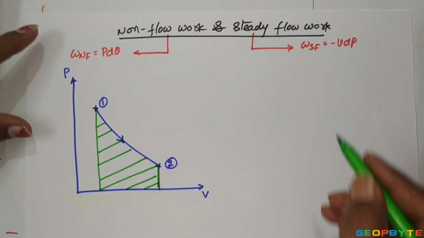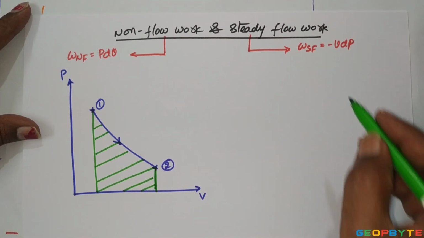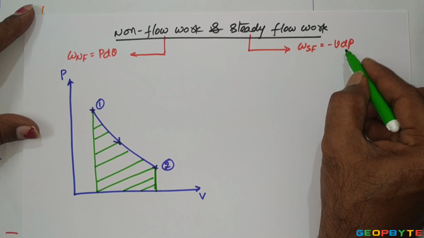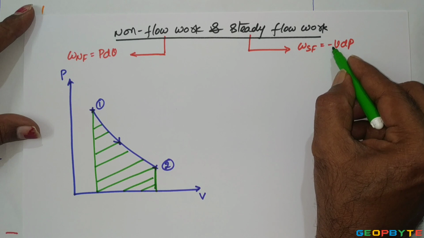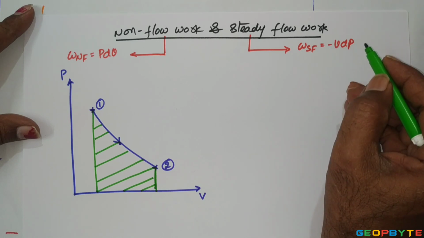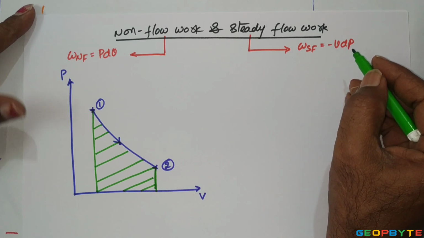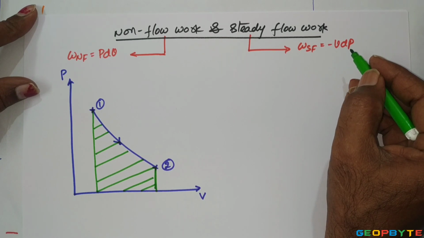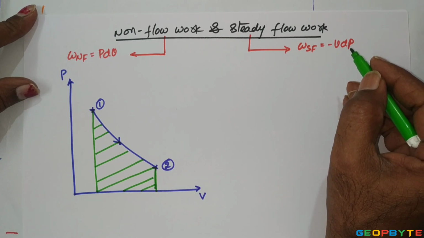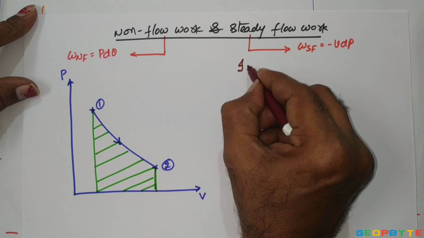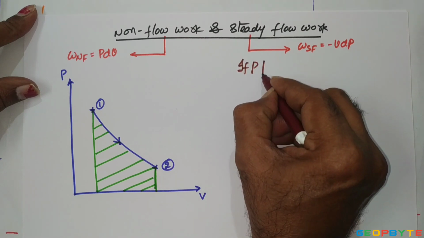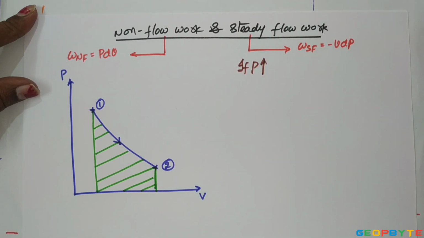Now come to the steady flow work. Steady flow work is equal to minus VdP. For this case, the negative sign plays an important role. For example, if you construct any power consuming device, or any device for increasing the pressure of the working material, if the pressure of the working material is increasing with a steady flow device,